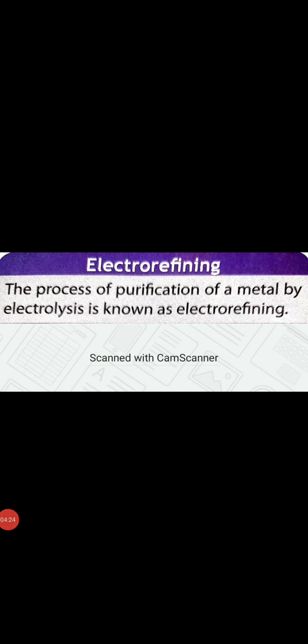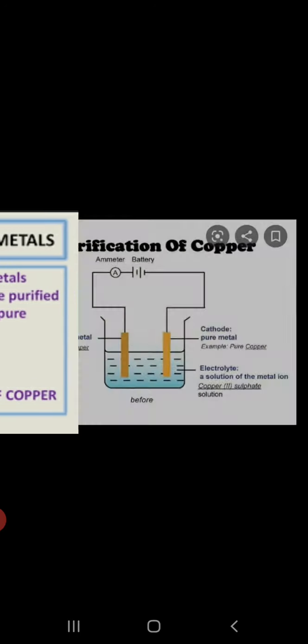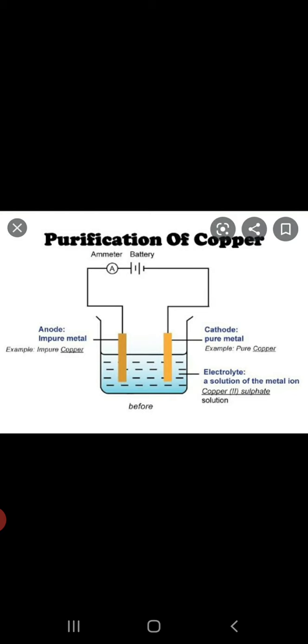So let us take an example here and study how the purification of metals is being done by the process of electrolysis. Children, for this purpose, the impure metal is made the anode and a pure metallic strip is used as the cathode. Now if you look on the screen, we are trying to purify copper. Yes, so here what will we make the anode? Anode is the impure metal. Yes, we will take the metal strip that is impure, and cathode will be